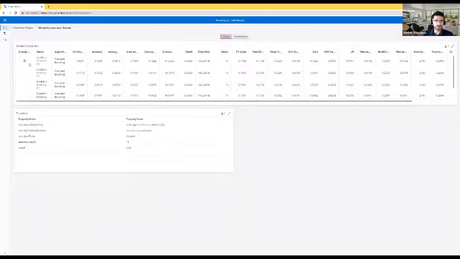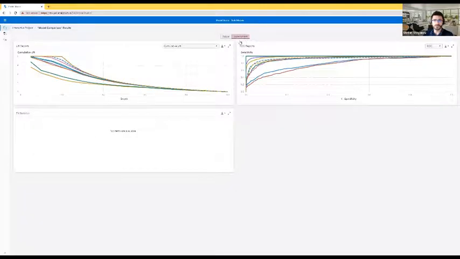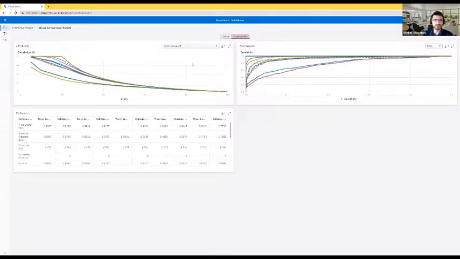You see that the gradient boosting model was selected as a champion based on the KS Youden fit statistic, which is 0.8, not bad. And you can see the assessment graphs for the different models,